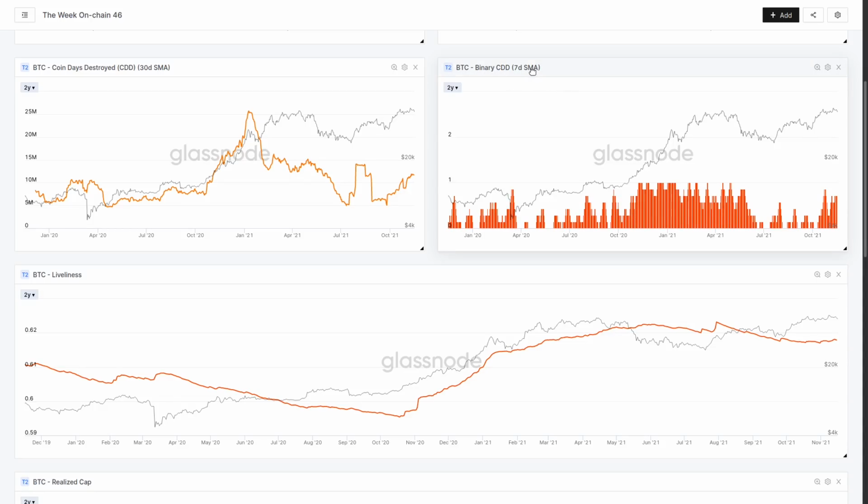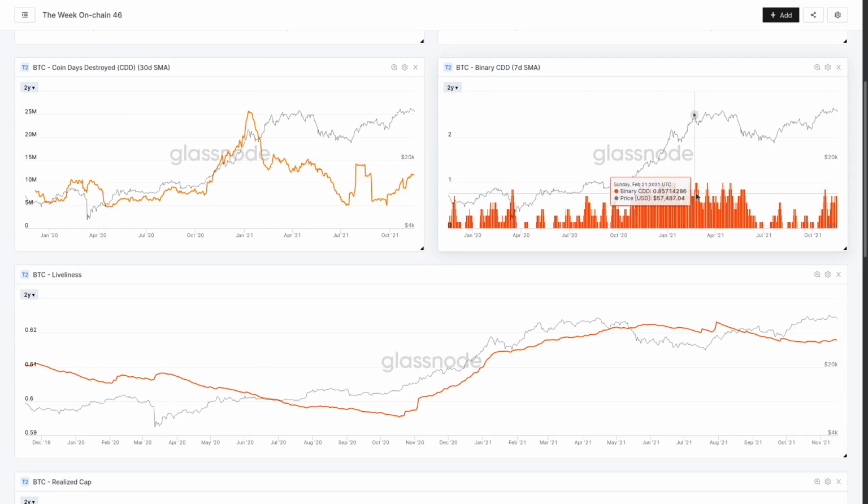Now I've applied a 7-day moving average to that. So normally this will look like a barcode, and you'll see bunched up plots when you've got higher amounts of spending, and when you've got less spending, you'll get more of these gaps. But by applying a moving average, we can start to see these similar trends, and you can actually see where it's sustained these large blocks where you get this significant amount of coin day destruction. This is aligning with this period from December all the way through to February, where we had a great deal of coin day destruction.